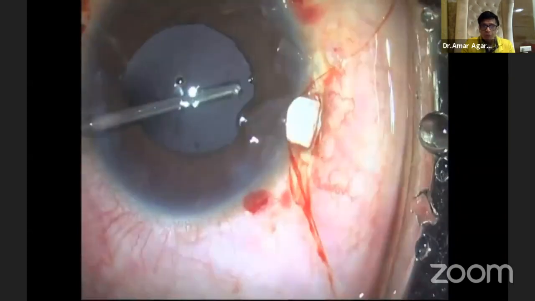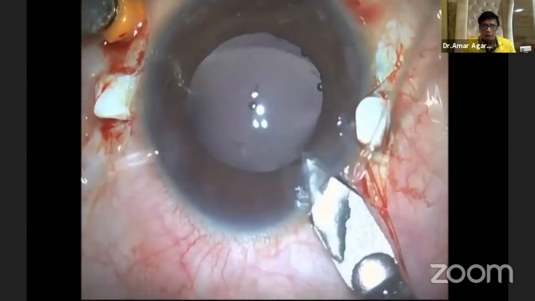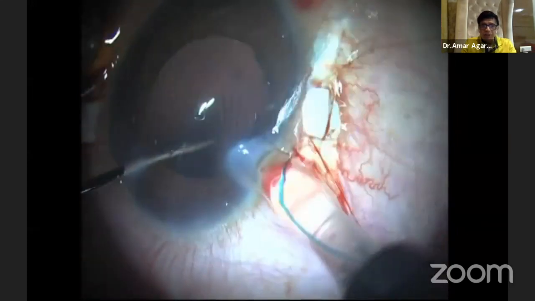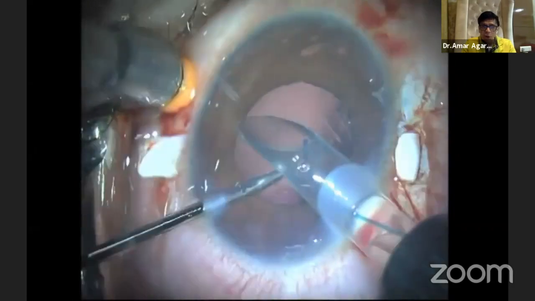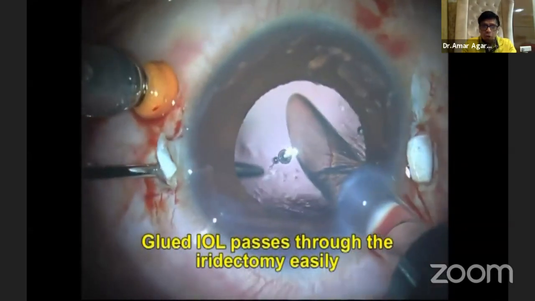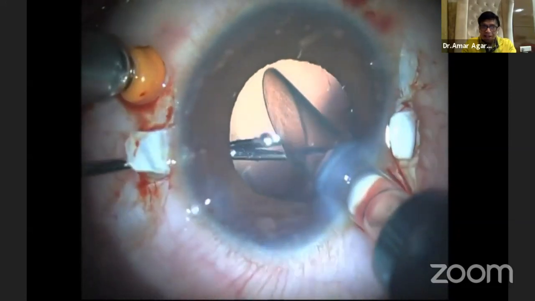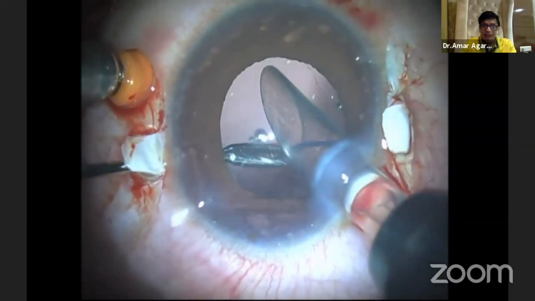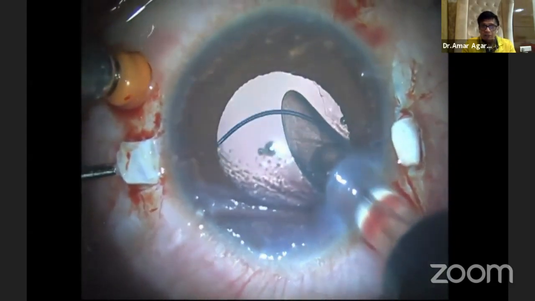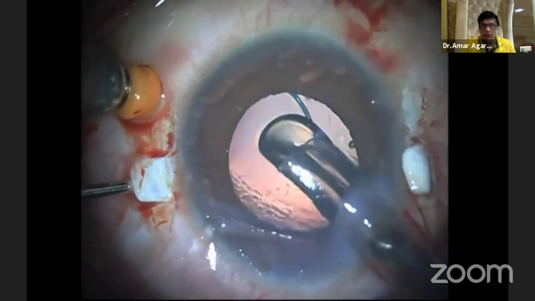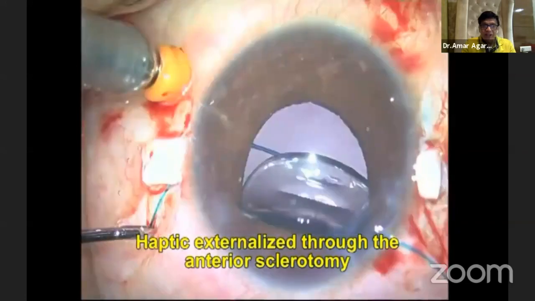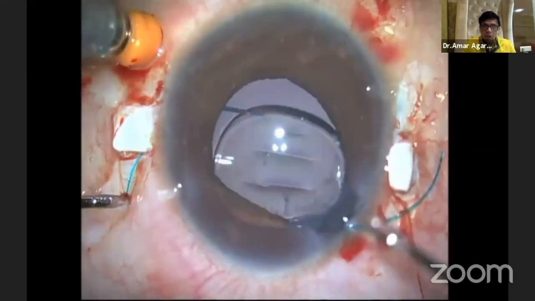Once you have removed the whole lens, now I extend my incision. Now watch, I've taken my 3-piece IOL and passed it inside the eye. Watch the haptic. It's a little bit outside the cartridge. Go in with the glued IOL forceps and catch the haptic. Once the haptic is caught, ask your injector assistant to inject. Wait for it to unroll and unfold. Once it has unfolded, now I externalize the first haptic. Don't externalize till the whole lens has come out.